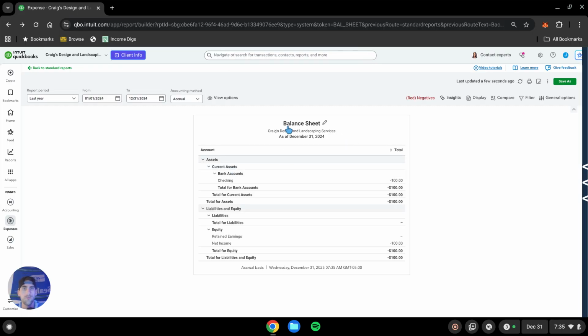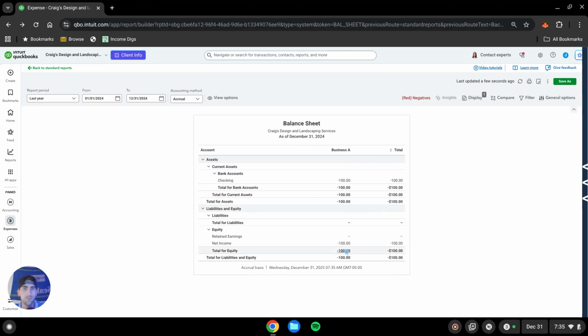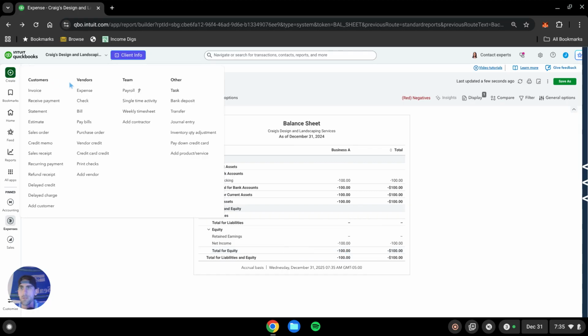So now this is the total balance sheet. We're going to display it by business. Okay, so now we see business A. All right, let's make another expense